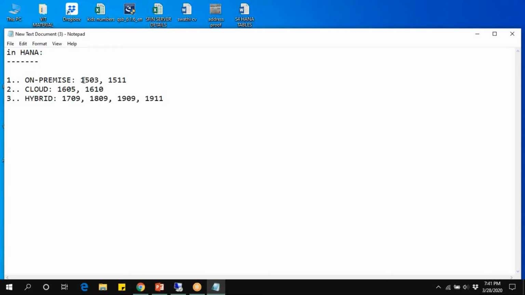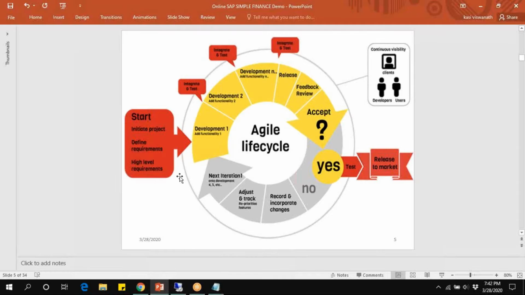See here, 1503: 15th year, March month. 1511: 15th year, 11th month, November. 1605: 16th year, May month. 1610: October. Likewise, they release the editions. Here, agile methodology works on on-premise and cloud editions.